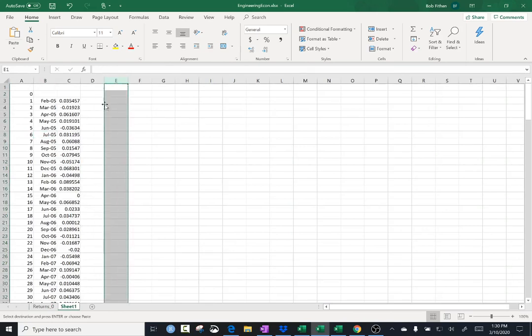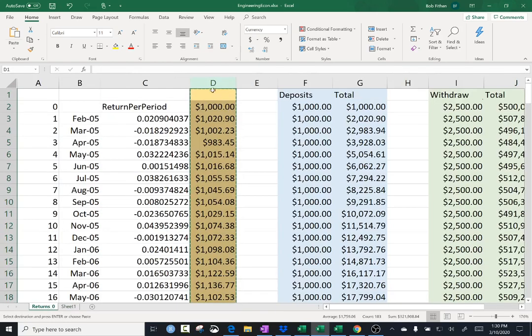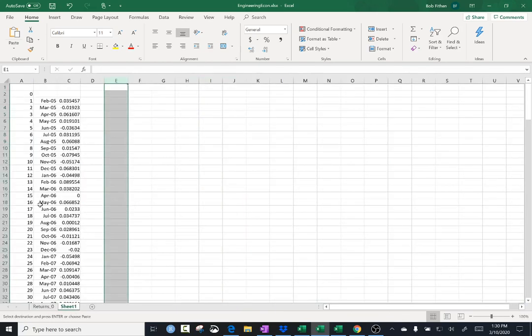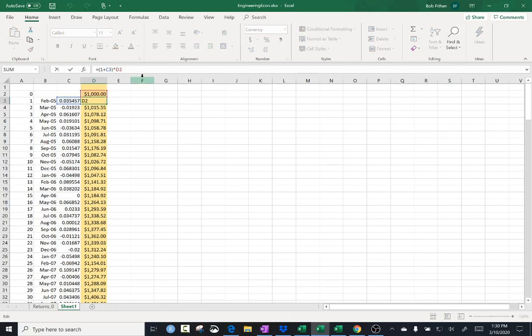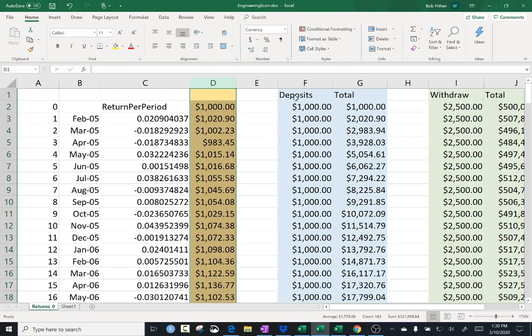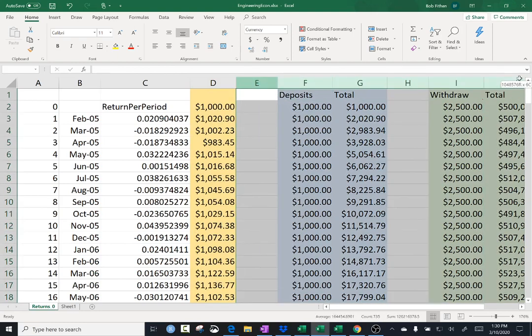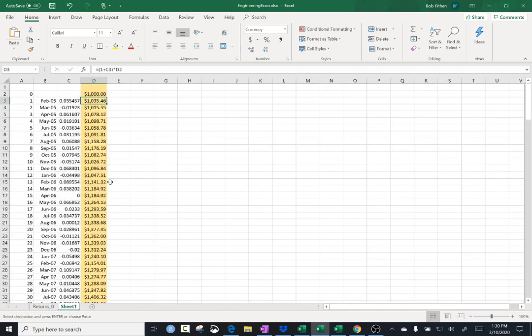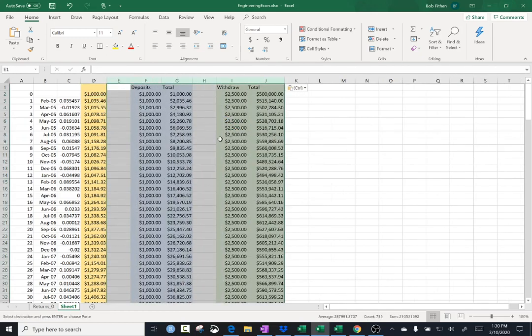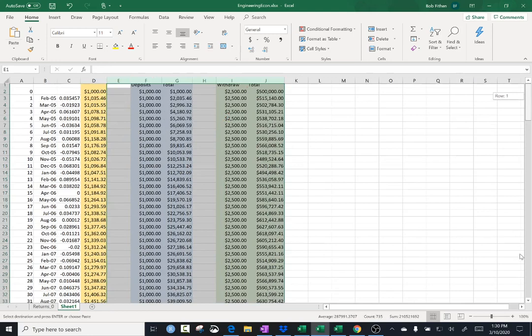Then I'm going to do this, do a copy. And then did I skip 2 over? No, it was right next to that column, a paste. Now, am I operating off the right values? Yes, I am. And then I can go over here, for that matter, just copy all of that. Copy, and just go right next to it, and it should work itself out. So now, with this spreadsheet,